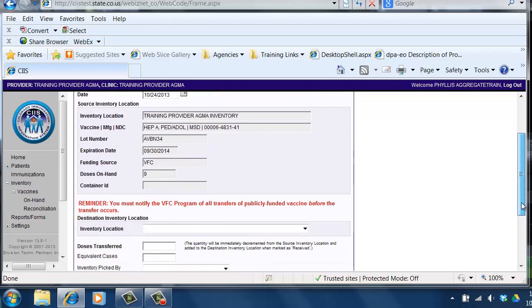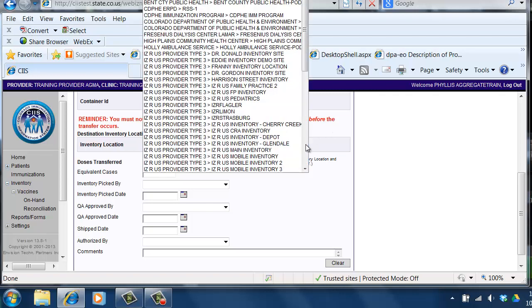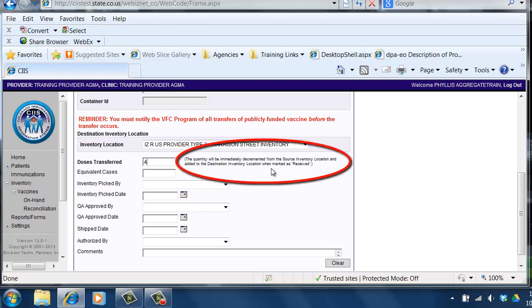Note, the system will remind you that you must notify the VFC program of all transfers of publicly funded vaccine before the transfer occurs. Enter the destination inventory location. And enter the number of doses you want to transfer to that inventory location. Note, the quantity will be immediately decremented from the source inventory location and added to the destination inventory location when